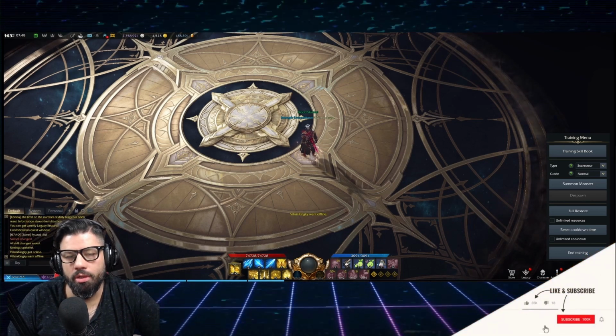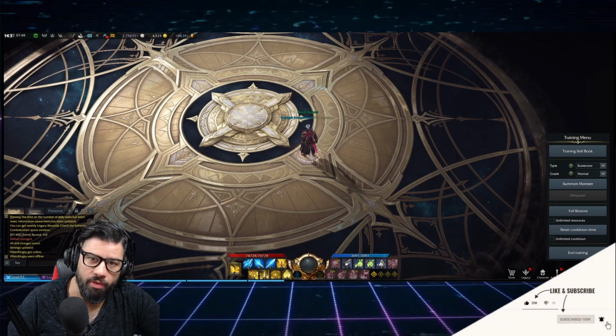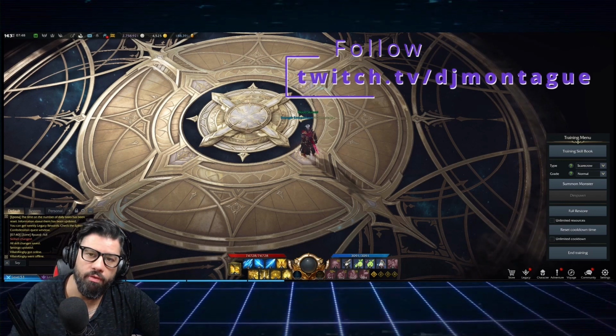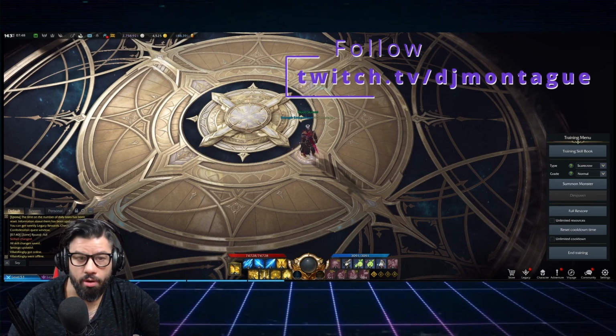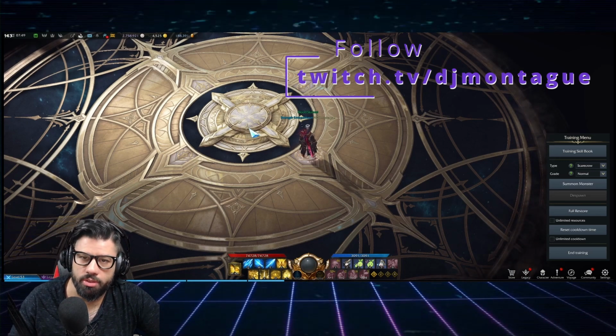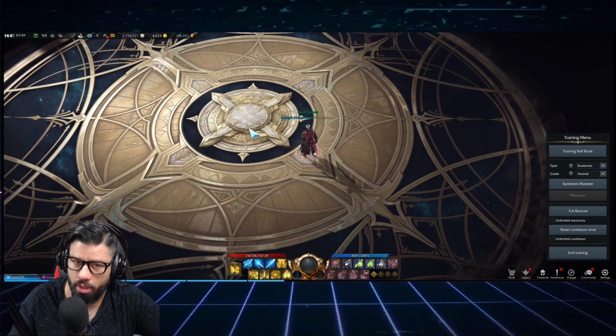Today we're going to go through a little PVE build to make your life a little bit easier as a paladin in group PVE content. So we're going to go through the skills, the engravings, and then stat priority. We're going to go through a couple different extra skills as well that you can interchange with certain skills in the build to make your party more effective,